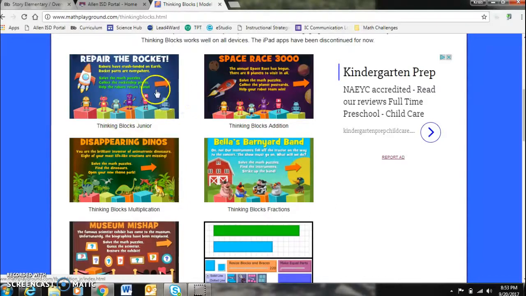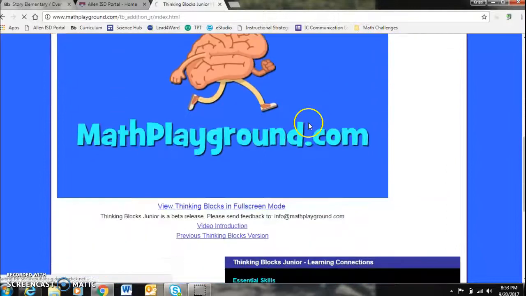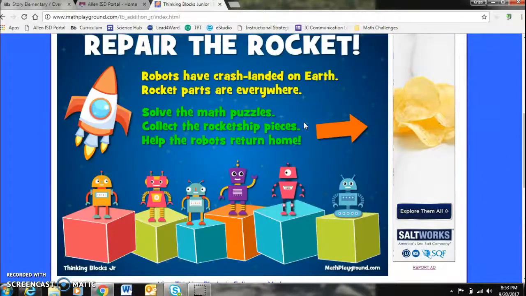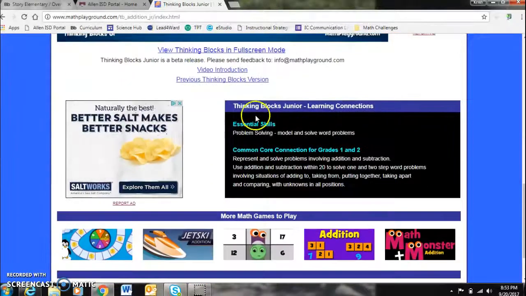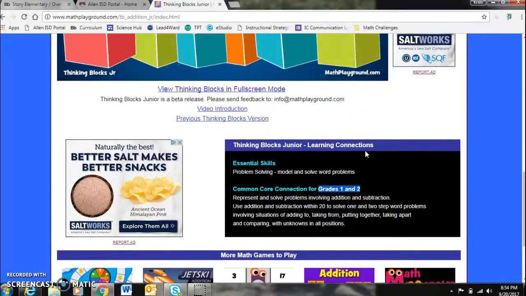So Thinking Blocks Junior, I'm just going to click on that for just a second, is the same as addition and subtraction thinking blocks, but if you'll look down here, it tells you that it's best for grades 1 through 2. Used to, you could pull it up and you could tell it, I want to do numbers 1 through 20 or do problems with numbers 1 through 300. They don't have that option anymore, but this would be great for the smaller numbers and they are doing addition